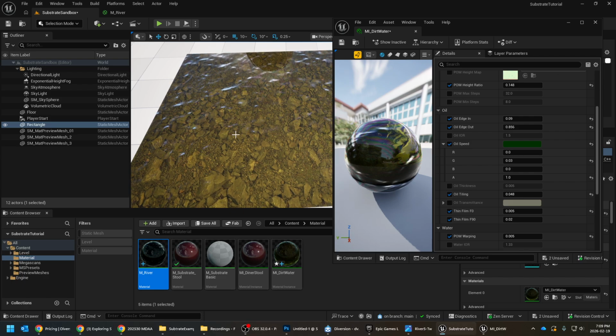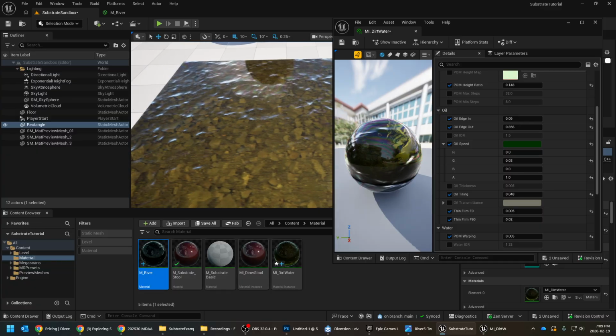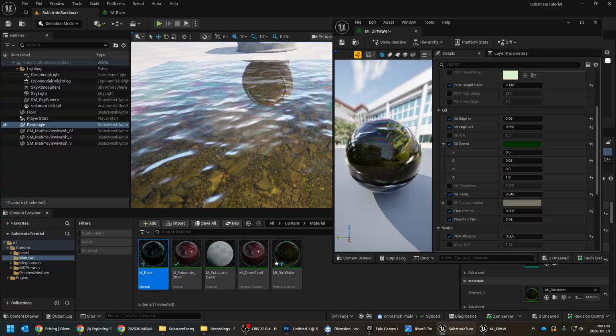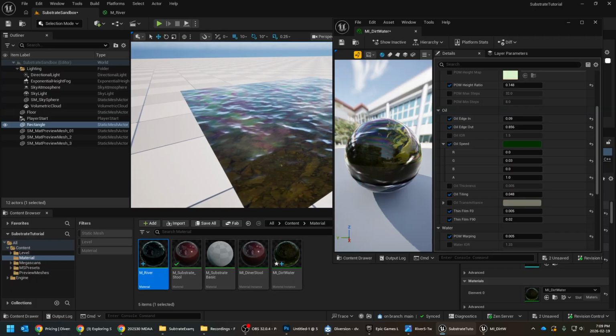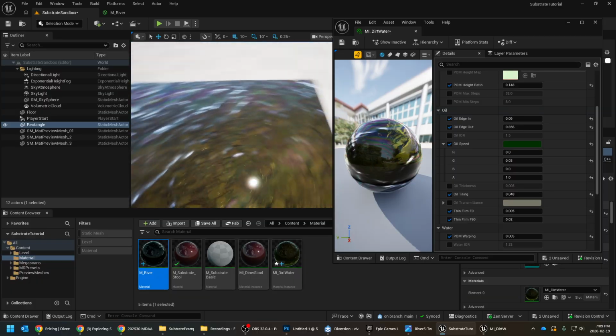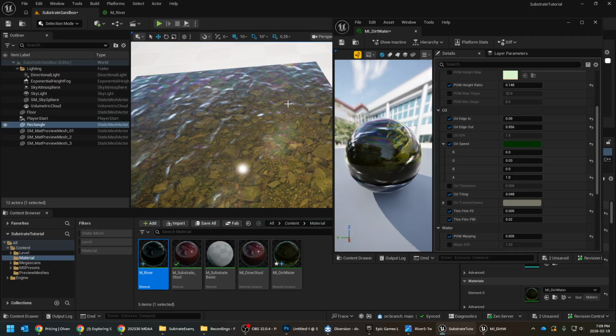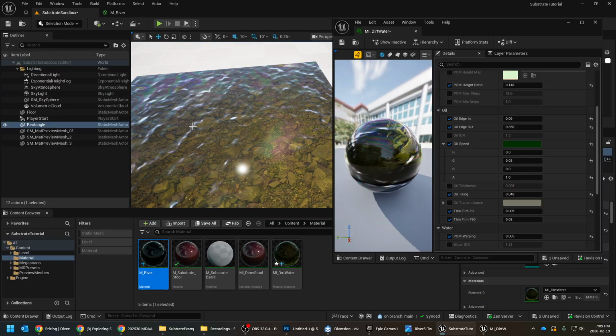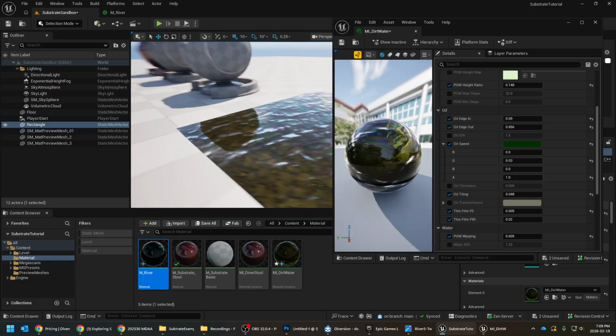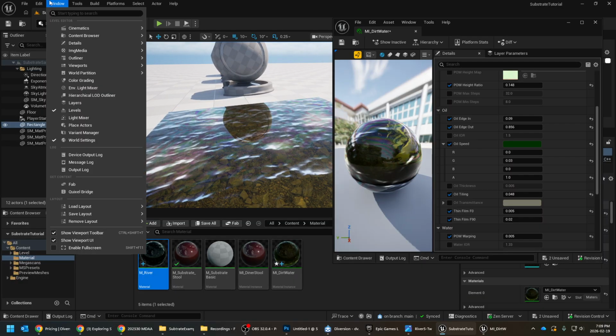Okay, we got our oil on the surface here. We got our water. We got our parallax occlusion mapping going on here. And so the last stage is I want to drop in some extra debris to kind of flow with the water here. So what I'm going to do is, once again, I'm just going to go to Quixel Bridge, and